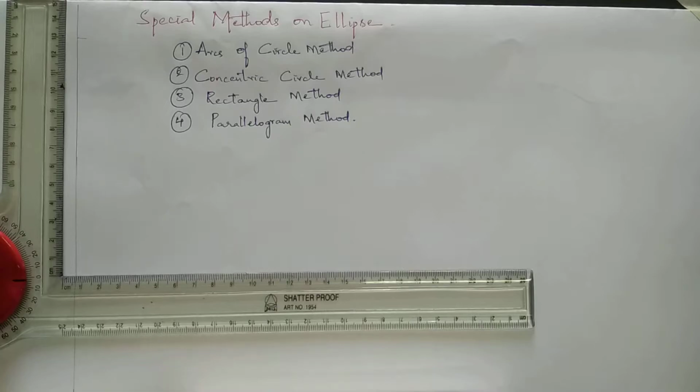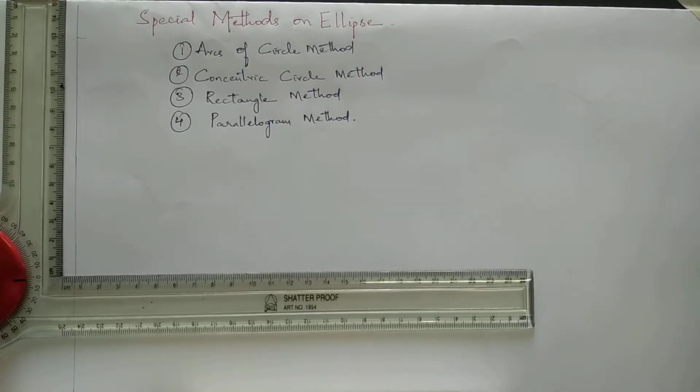The construction of this ellipse is different from the previous methods we have discussed earlier. In the eccentricity method, we are supposed to have a fixed straight line which we call the directrix and a fixed point which we call the focus. Based on this fixed line and the fixed point, we go ahead with the construction of the curves. Based on the eccentricity, if E is less than 1, we construct an ellipse. If E is equal to 1, we construct a parabola. And if E is greater than 1, we construct a hyperbola.